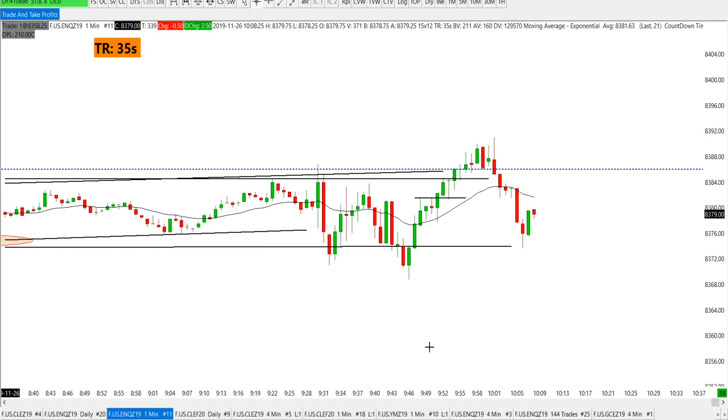Some buyers are trying to come in. Yeah, doesn't convince me at all. We'll see though. If you look at it channel-wise, this could be a channel right here. So this could be a possible situation. We have support right here. It's a possibility. I'm not going to take any trades right now though.